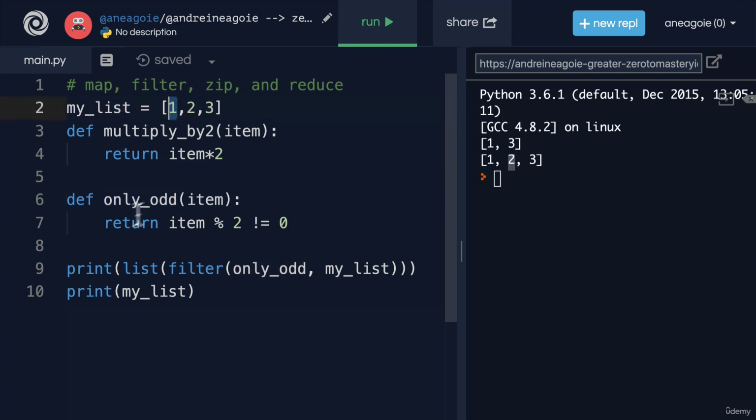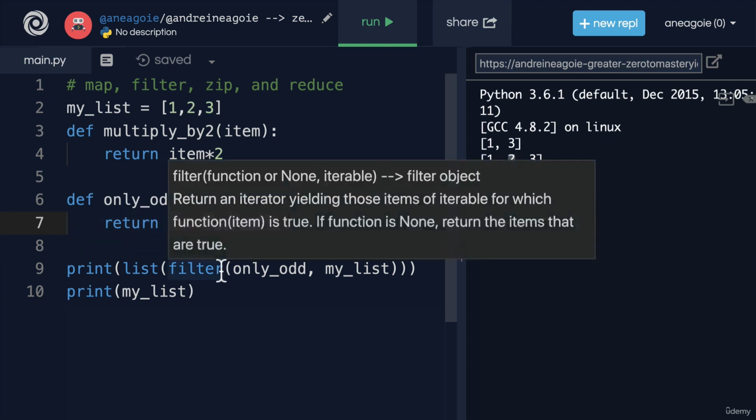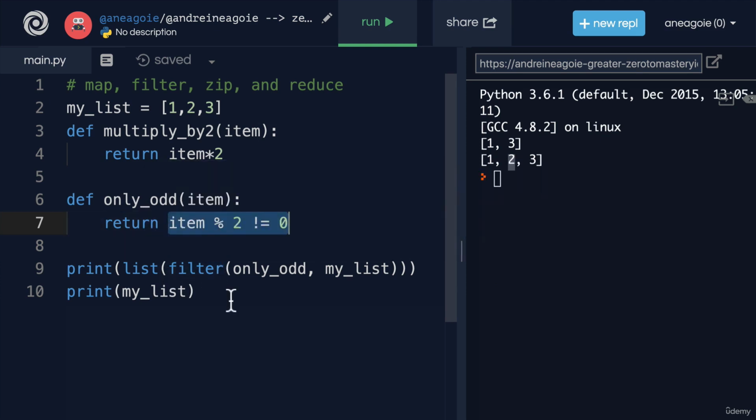So when we go to 1, it's going to run this function with 1 as the argument. 1 divided by 2, well, that definitely doesn't give us a remainder of 0. So that's going to return true, and that means I'm going to add it to the new list that we create. When we get to 2, though, because this is going to return false, it's not going to add it